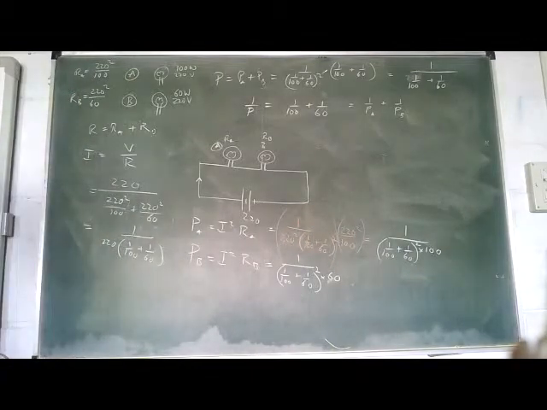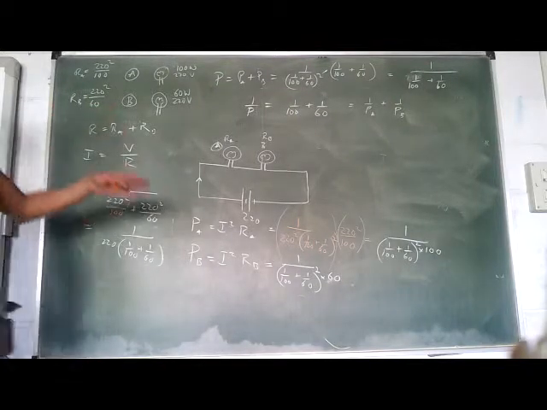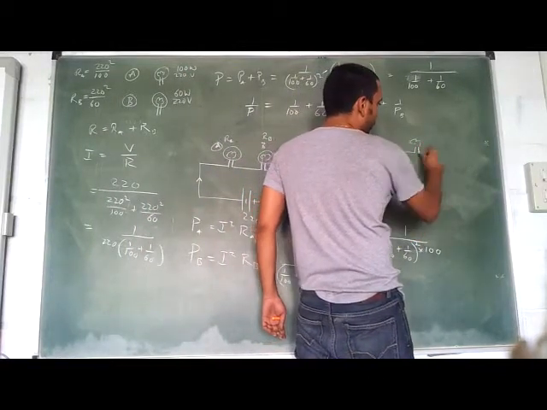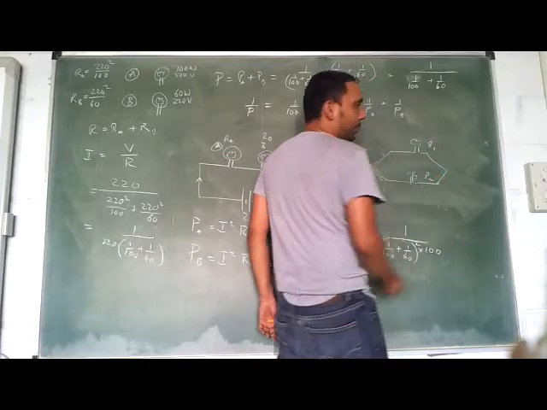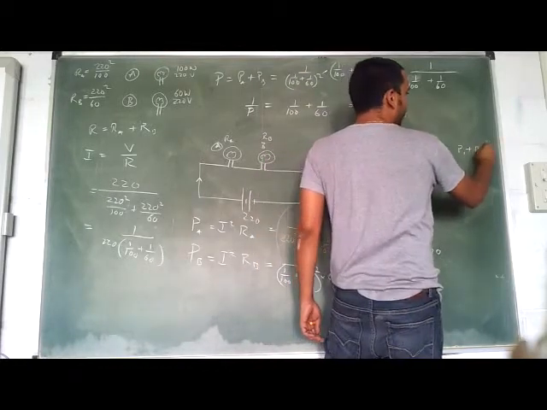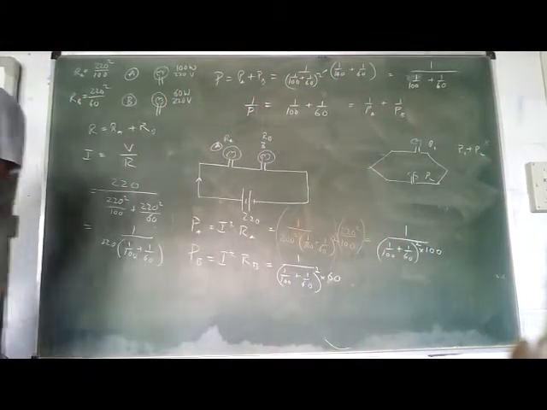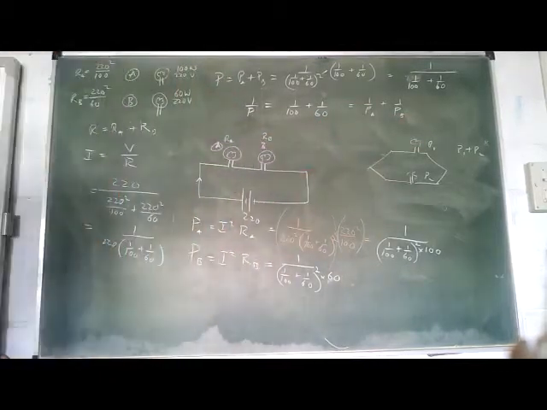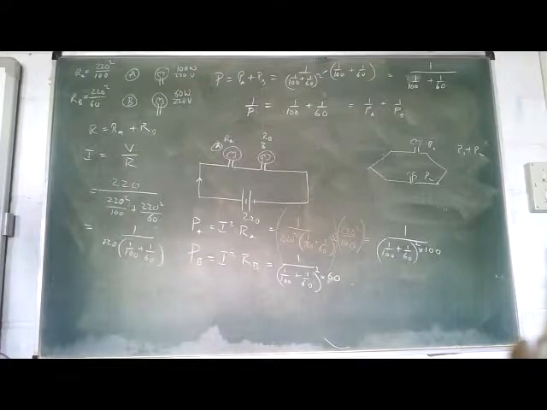Okay, so this formula will be told to you: if you put the bulbs in series, their power becomes 1 by P1 plus 1 by P2, unlike your resistance formula, where it is R1 plus R2, no. And resistance in parallel is 1 by R1 and so on. When we put the bulbs in parallel, P1 and P2, we see that the total power is P1 plus P2. And when we put the bulbs in series, the total power comes as 1 by P1 plus 1 by P2. So it is the reverse of the resistance formula. But okay, write it down.